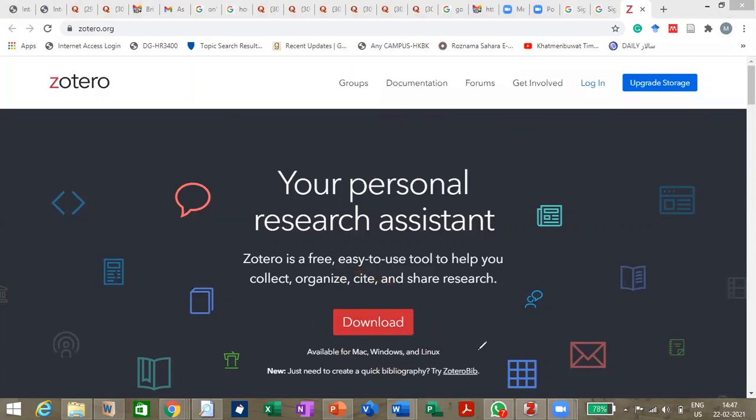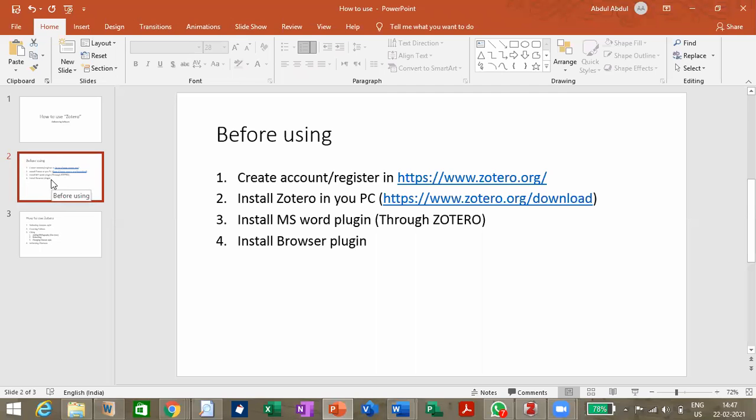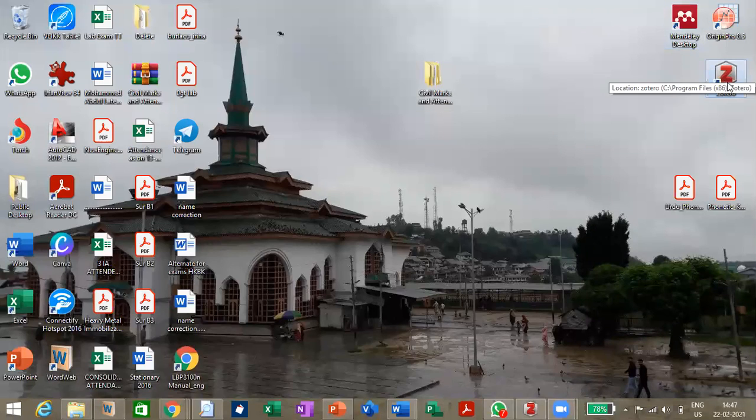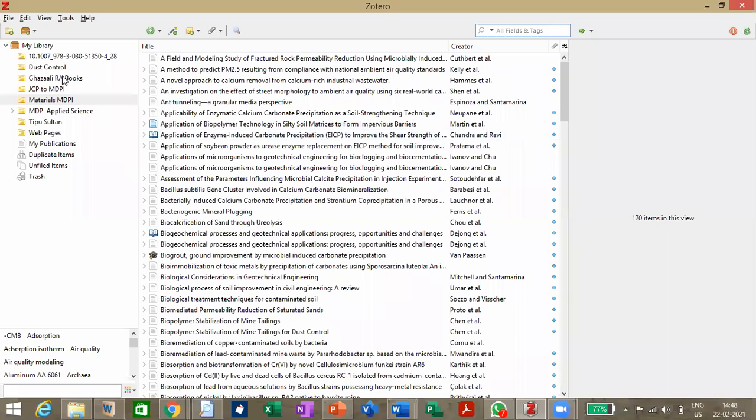And after that, we are supposed to use the software using some plugins. So what are the plugins? These plugins are available directly. I'll show how the plugins look. So this is the icon which we see on our computer screen after installation. I hope it's fine. Now I'm opening this Zotero software. See, I've put so many papers and journal articles in this for the papers which I've worked on.